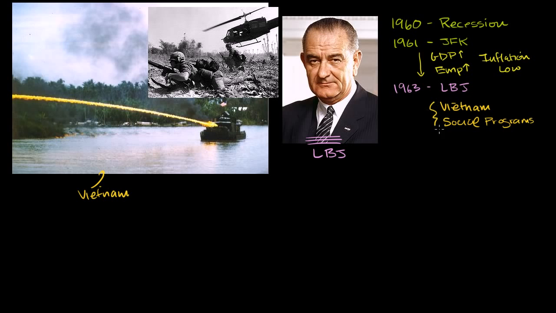But the net effect of this is government spending. Even though the economy was already red hot, it was already at its potential, he wanted to increase government spending even more, and so he kind of took it beyond its potential. He made it overheat a little bit. And what happens in 1966 and onwards is that you have inflation starting to grow at a fairly uncomfortable rate. Inflation starts to grow dramatically.